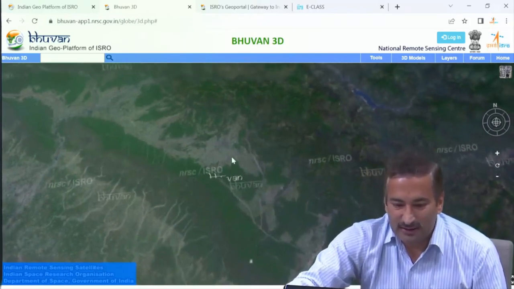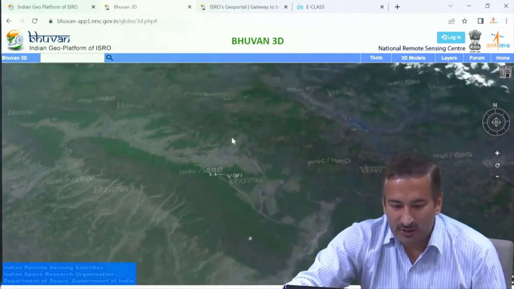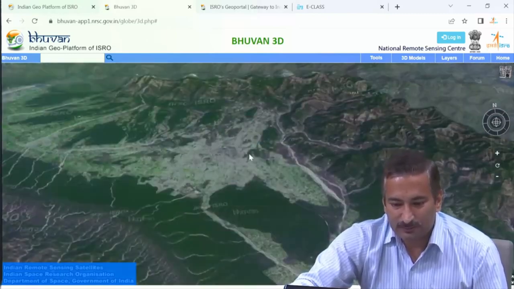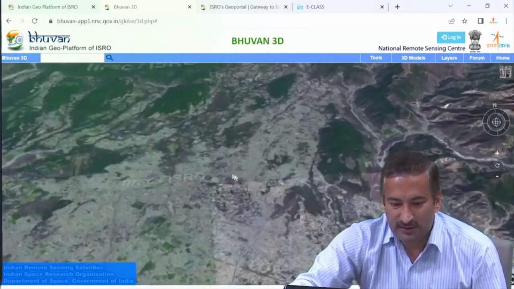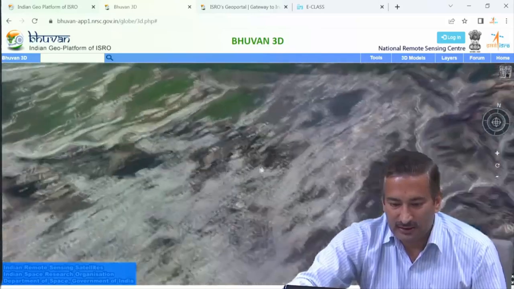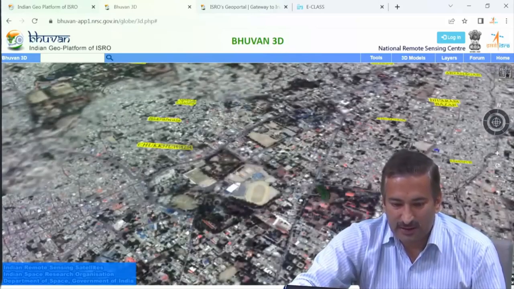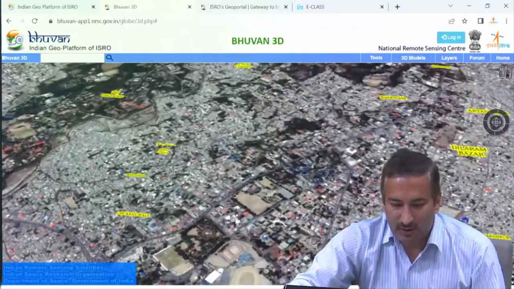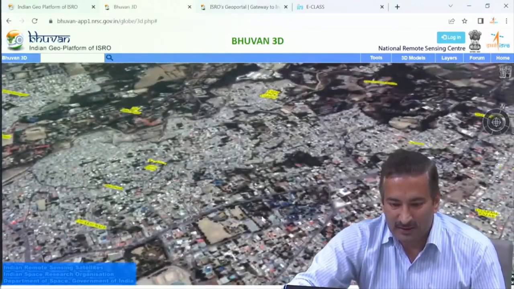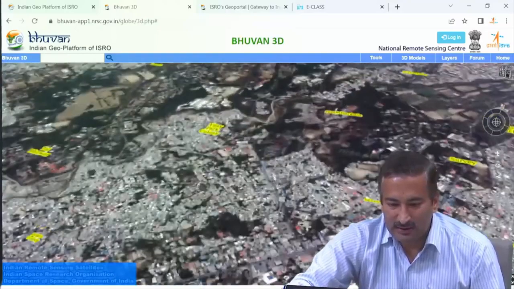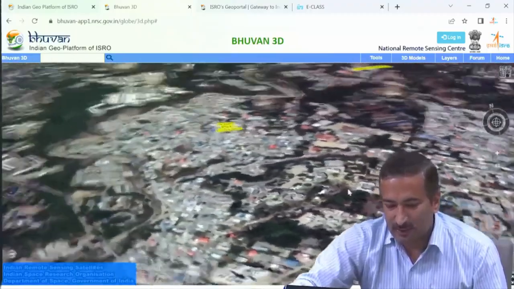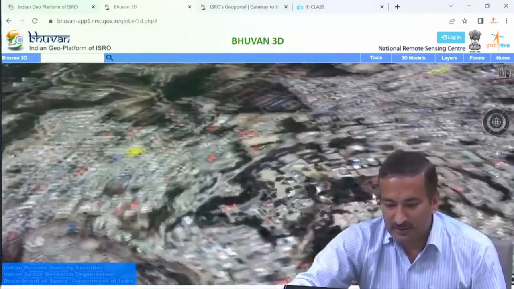If I click the middle mouse button and drag the mouse, it will give us the 3D perspective. I zoom further, and now I am able to see the 3D image. Now I am seeing the data in the 3D perspective. Here also we will perform a small experiment. Somewhere here we have the IRS campus, and we are able to visualize this campus in the 3D domain.